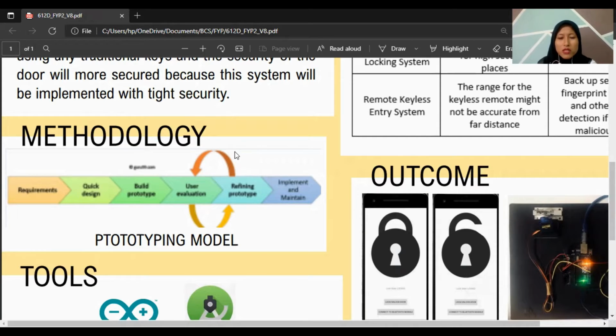This phase will not be over until the user is satisfied with the requirements and a final project is developed based on the final prototype that is approved by the user. So finally, we implement the project and maintain the system. From all the steps, it will minimize the downtime and prevent large scale failure.